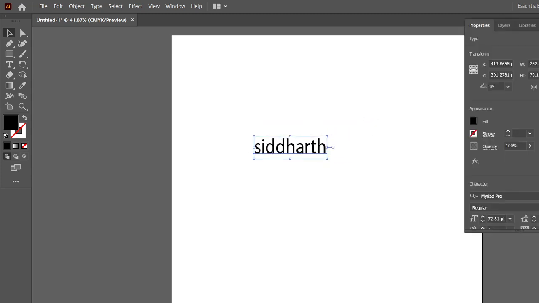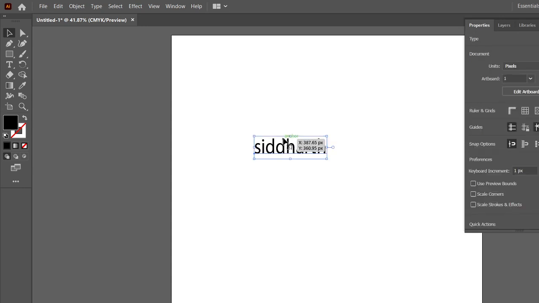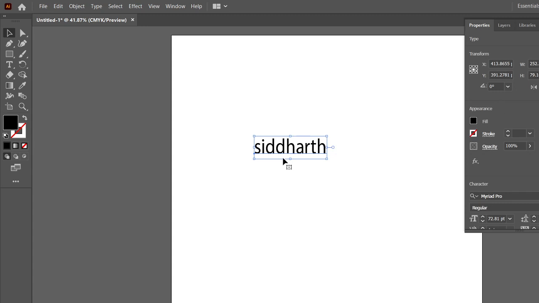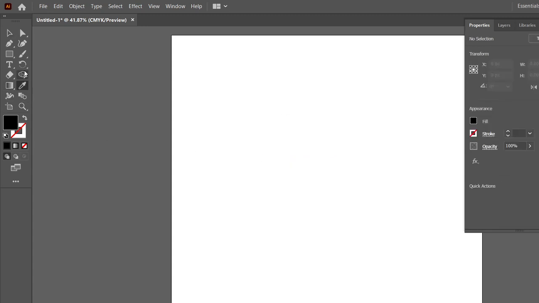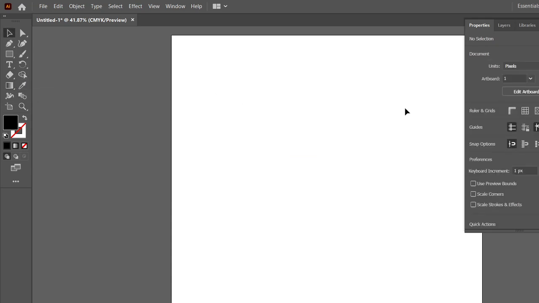And if you don't want that and you want accuracy, in the properties panel you can define the properties of each and everything. I'll let you know in a further round. So here is the eyedropper tool, the gradient tool, and the eraser in case you make some bad mistakes. So these are the basic things which you will be using.